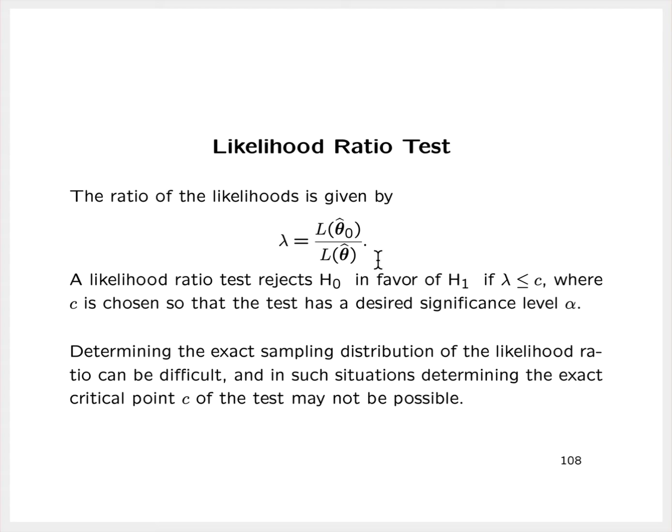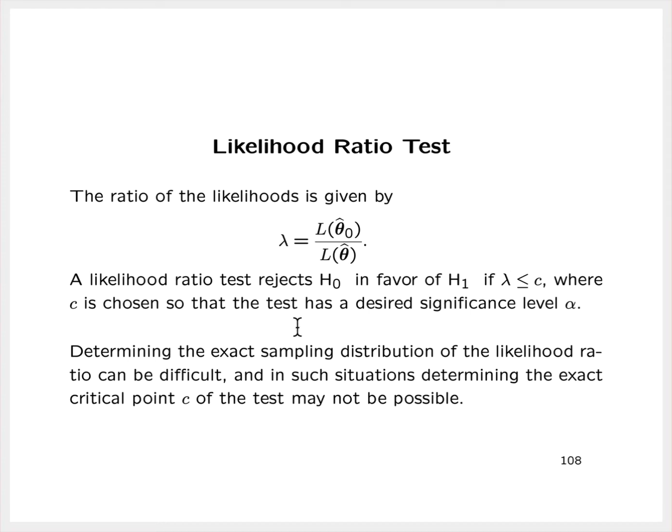On the other hand, if the alternative is true, then the maximum of the likelihood over that subset of the parameter space corresponding to the null hypothesis would tend to be smaller than the maximum value of the likelihood over the entire parameter space. And so that's why we're looking for small values of lambda to decide whether to reject